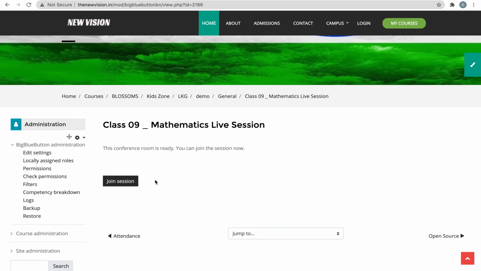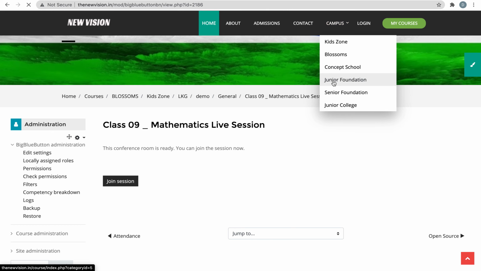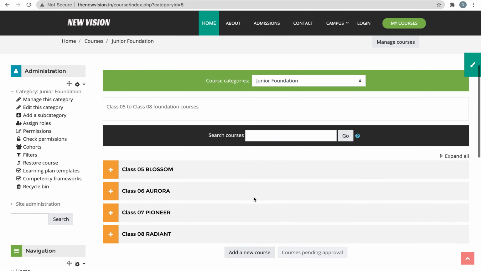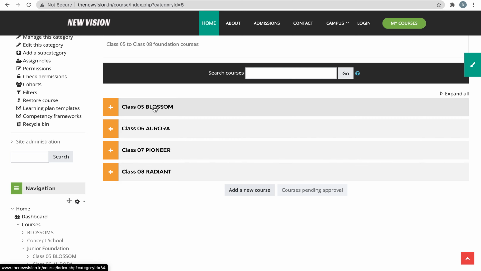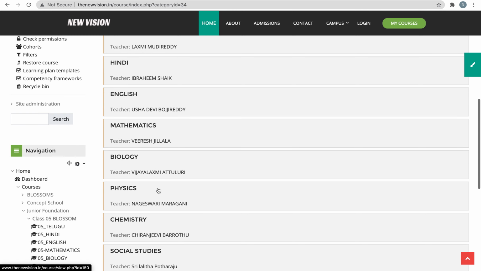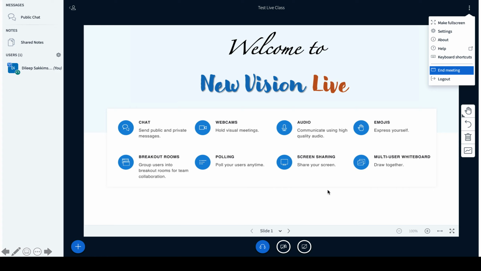Once you end it, again it will show the join session button, or if the scheduled time is over, then it will not show you the join session button at all. Alright, so this is how you can schedule. This platform doesn't have any limitation on the number of hosts. So I would recommend all the teachers to open your individual classrooms and courses and create a button inside every course. I'll show you what different options we have in interacting with the